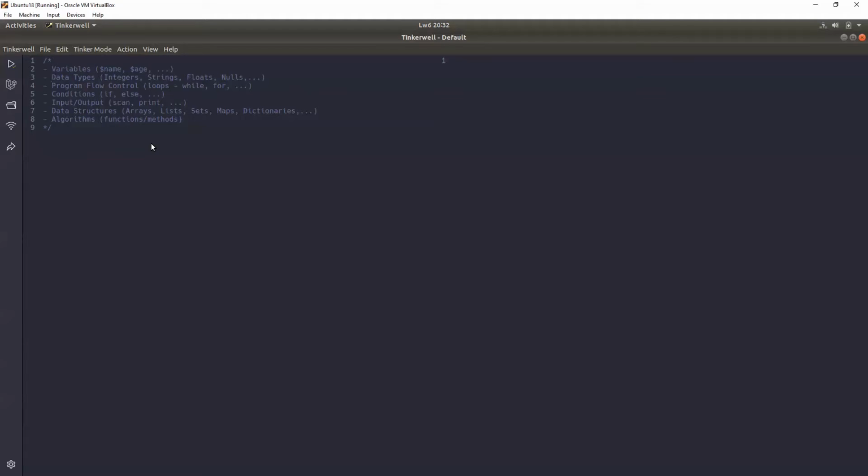Then we have program flow control: how you want to control the code that you write, what it does, how it flows. For example, you can say, I want my program to count from 1 to 10. So you need to do the counting 10 times: 1, 2, 3, 4, 5. Or you say, I want to add the number 2 to a certain number 10 times.